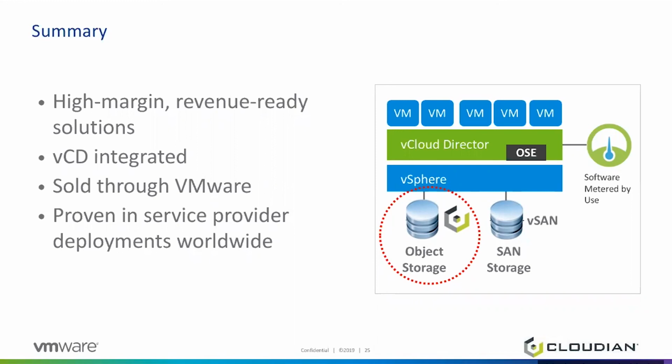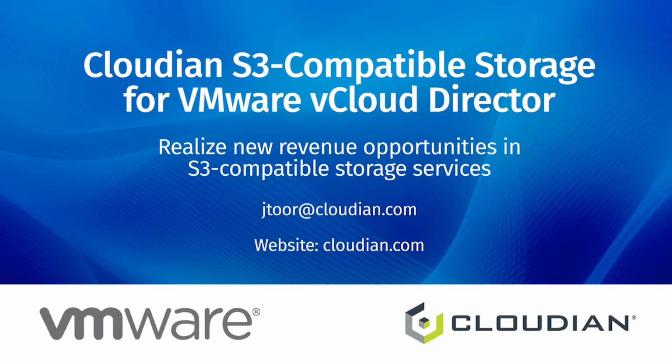And it's proven in service provider deployments worldwide. As I mentioned, we've got hundreds of service providers already who are offering highly profitable services based on the solution. So the business model is there, the technical model is there, and we look forward to working with you on building out your environment. If you have any other questions, my email was on the first slide,